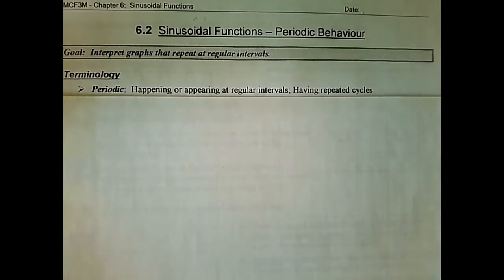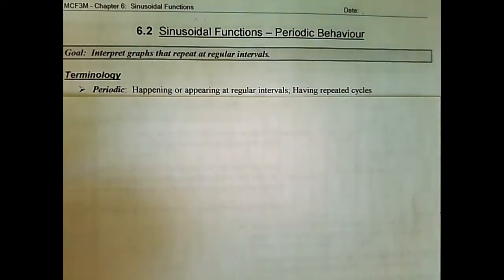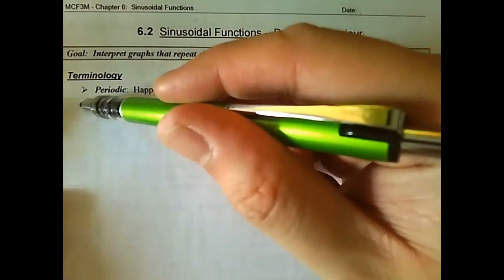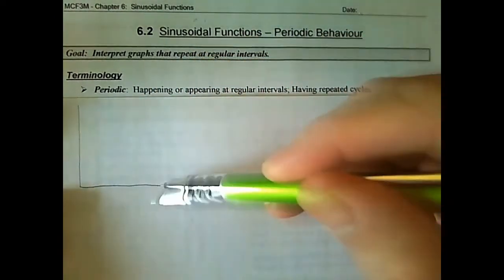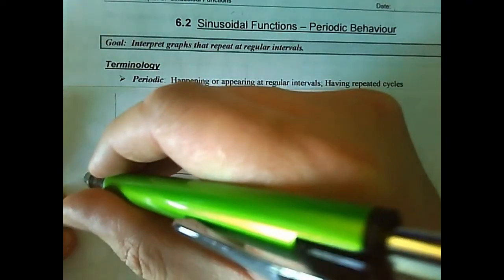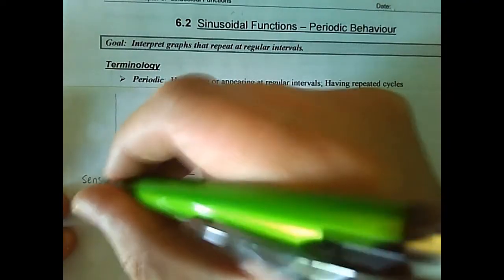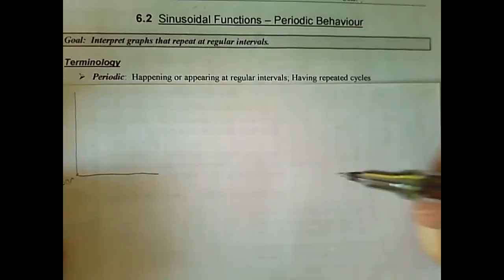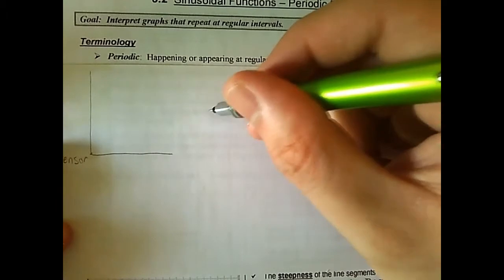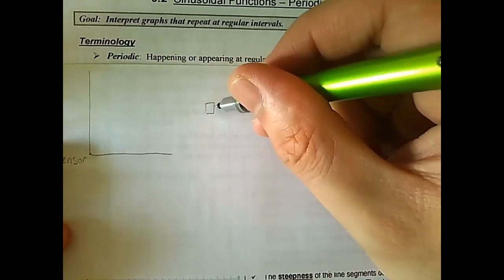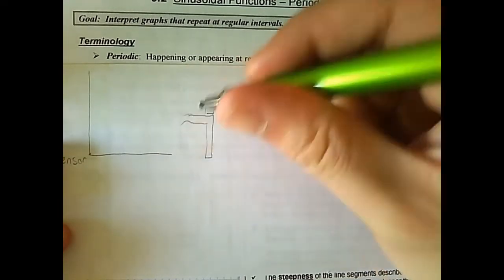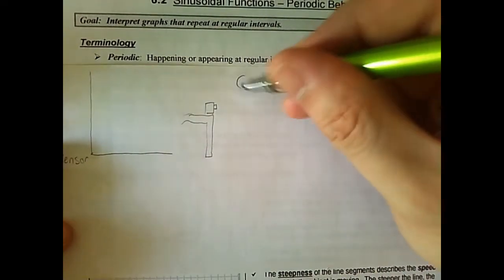The one that we did in grade 9 when we were doing EQAO stuff is these distance time graphs, where we had these graphs here. And we said that this is the person's home, or I think they might have said there was a sensor, but we'll use the sensor. If I had to draw a picture of this, we had a sensor here on a table. And then a person would stand here,